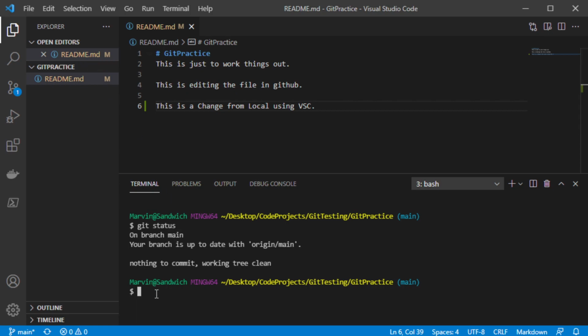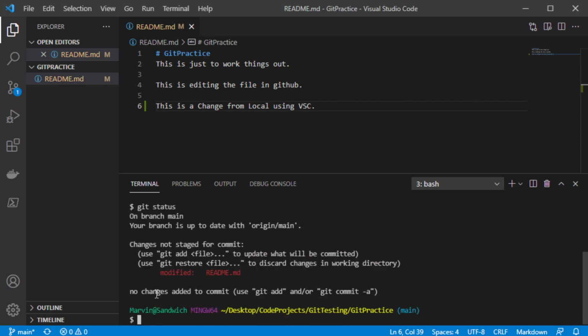So let's go status now. So git status, and we can see that one file was modified. So as it says in our little indicator here, we've got our little file modified, and then we can commit that by,